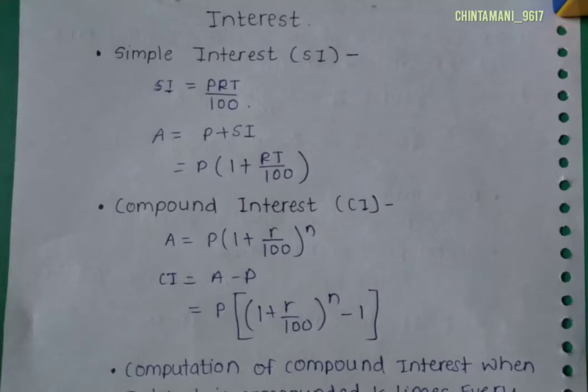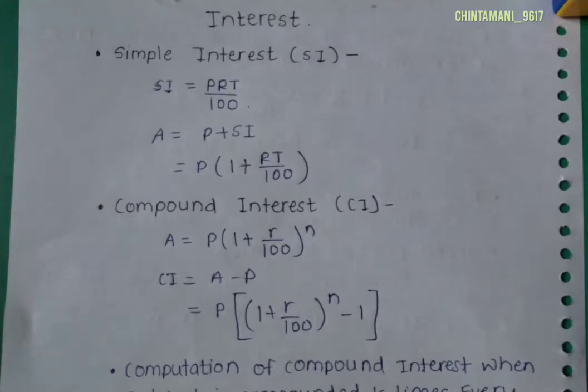What is interest? If an agency, that is an individual, a firm or a bank, etc., borrows some money from any other agency, then the first agency is called the borrower and the second agency is called the lender. The borrowed money is called the principal. If the borrower has to pay some additional money together with the borrowed money for the benefit of using the borrowed money for a certain period of time, called the loan period, then this additional money is called the interest, and the principal together with the interest is called the amount, that is, amount is equal to principal plus interest.